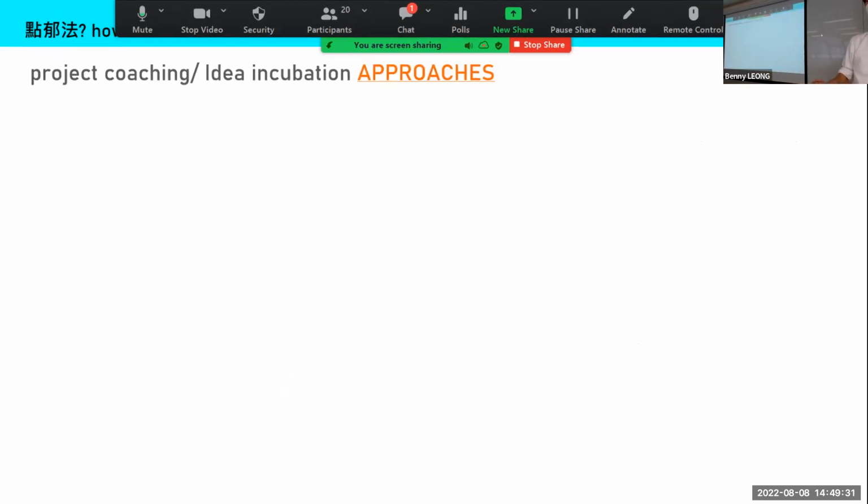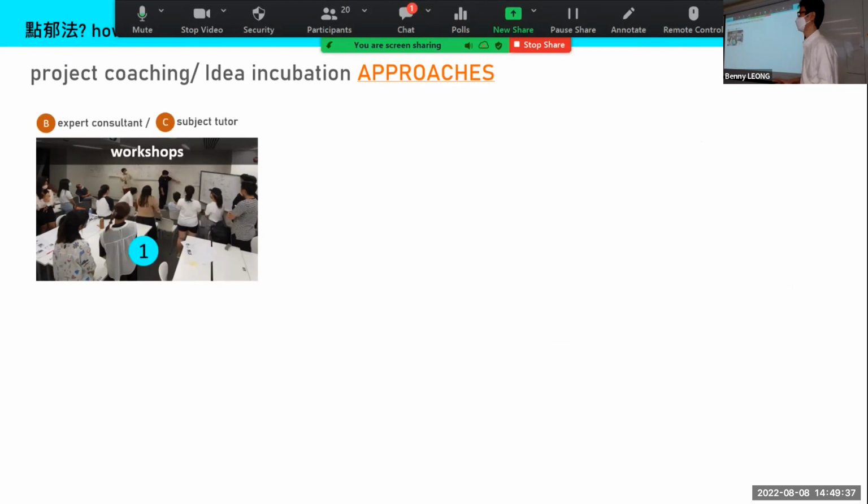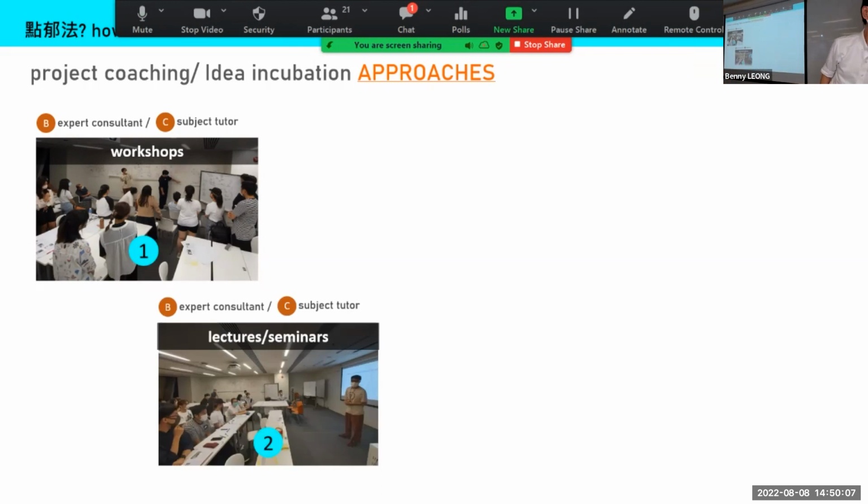The way we structure the teaching is as follows. There are 5 specific ways that we use these teams of experts and tutor supervisors. The first is workshops, very important because there is something new for you, other than the kind of disciplinary knowledge you have. So we will use workshops to reinforce or to introduce new knowledge for you. That will be mainly conducted by our expert consultants and subject tutors. Second, of course, lectures and seminars.